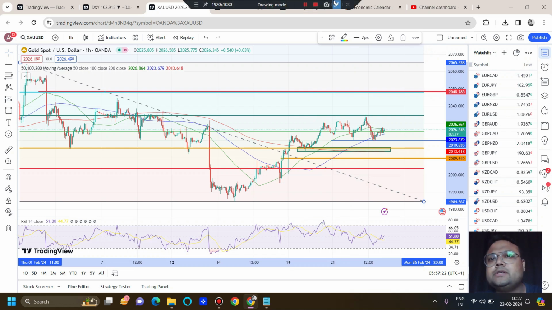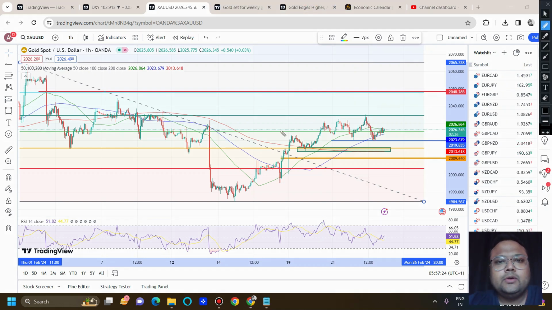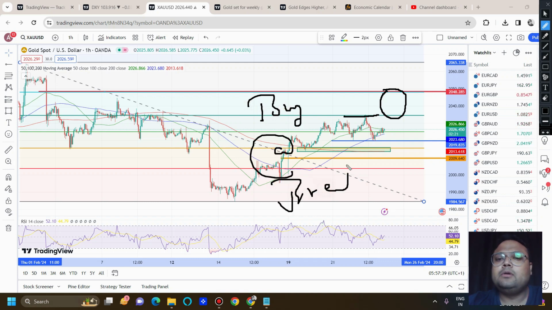Now I would like to discuss one thing here, and that is, you can see that if market breaks 2035, there is a big space. Try to understand my point here. This is an empty space. So if you're thinking to buy at breakout, then yes, you can go for it, but keep in mind it is a little bit risky